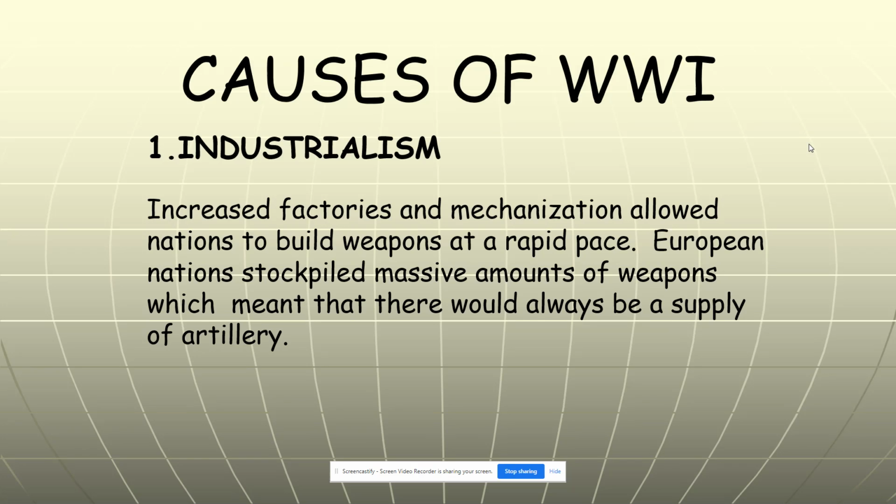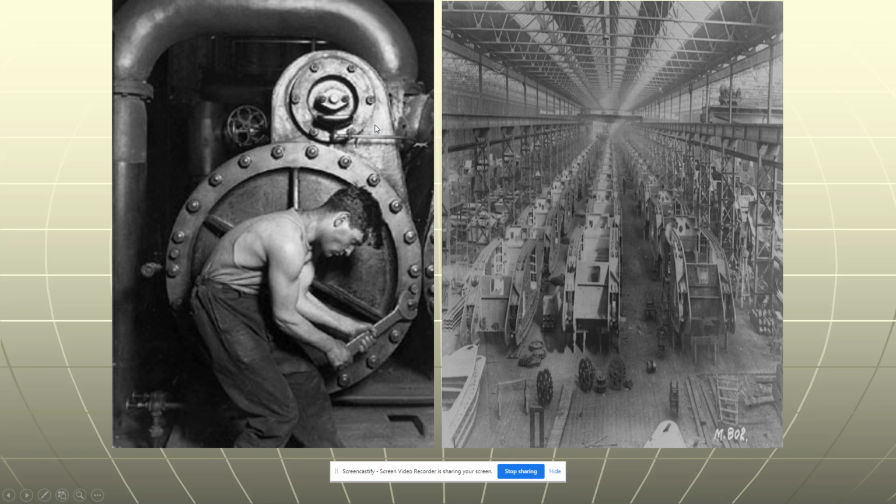Where that's important in the context of World War One is that we begin to see new weapons produced, unlike weapons that had ever been used in previous wars. We'll take a look at a picture here to get an idea. Look at this guy, a big muscular guy, but he's dwarfed by this enormous machine that he was working on. And here's a product that was